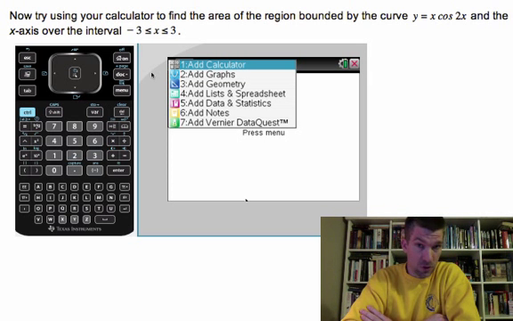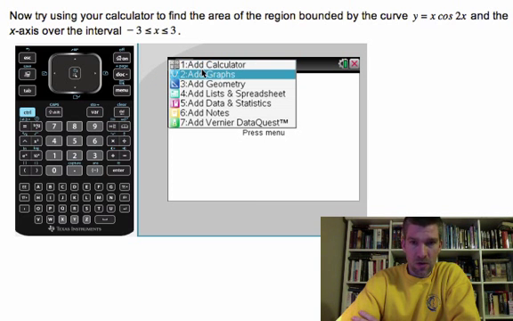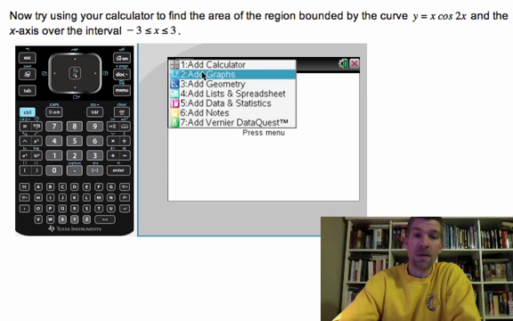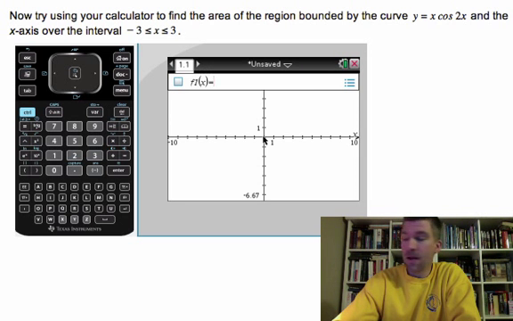If you're not in radian mode, you could get some really wacky graph and your numbers won't quite sync up correctly. So I'm going to go ahead and use TI Nspire. If you want to see how to do this on a different calculator, you can just go back and get a refresher from one of the earlier lessons. Okay, so we're going to add a graph, and on this graph we're going to have x times cosine 2x